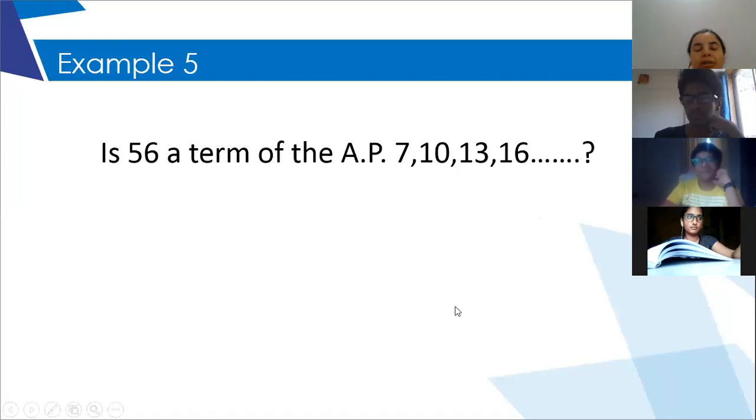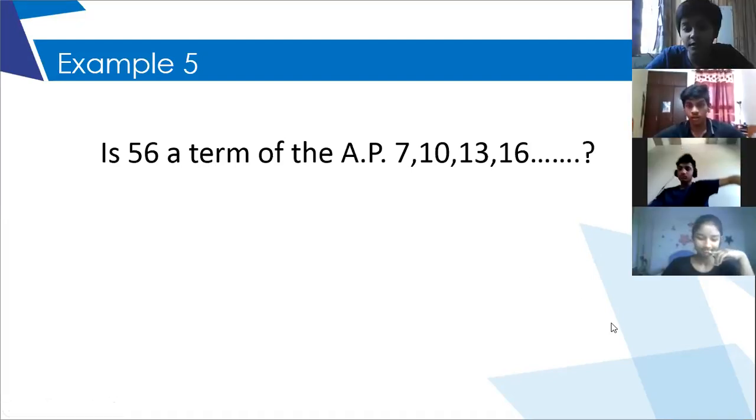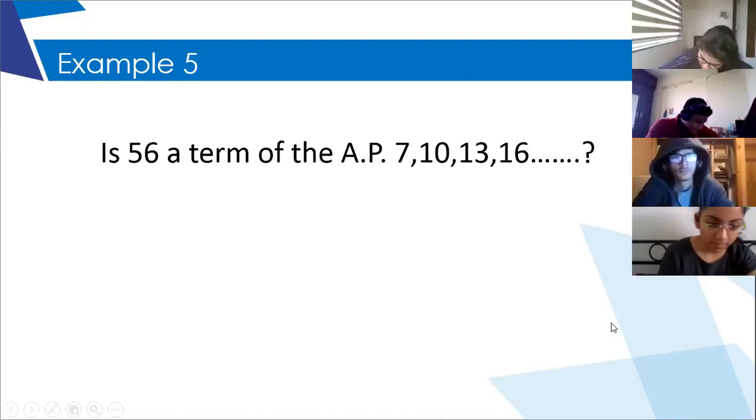Okay, tell me one thing. By using the formula, how are you going to apply that formula and find out whether 56 is a term or not? Ma'am, we'll calculate the 5th term, 6th term, 7th term, and keep calculating till we reach 56. What if I give you a number like 1000? You will keep adding only the common difference and the whole 3 hours will go in that.